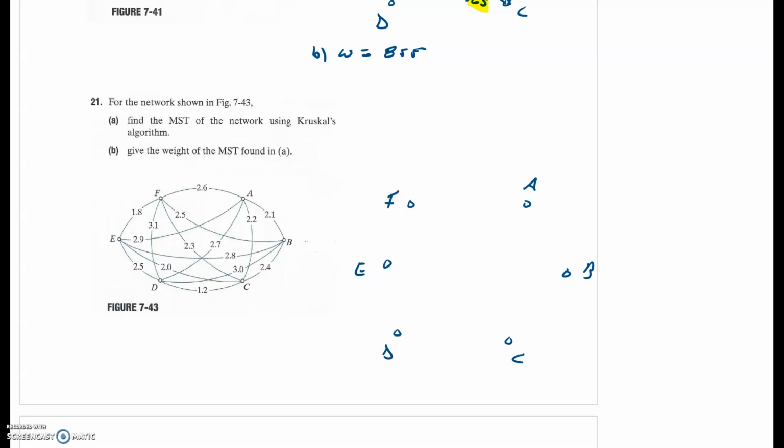So I have 1.2, D to C, and then I have 1.8, E to F,